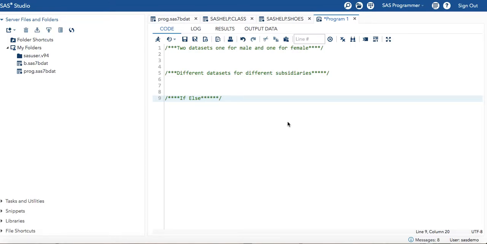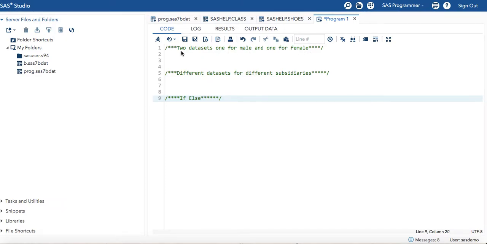I feel like we need more practice on the concepts that we have already learned. There could be more scenarios, there could be more use cases. So I just wanted to cover more practice sessions. This session is dedicated to practice. So let's start. Here I have listed down some scenarios for which we will be writing our data steps.